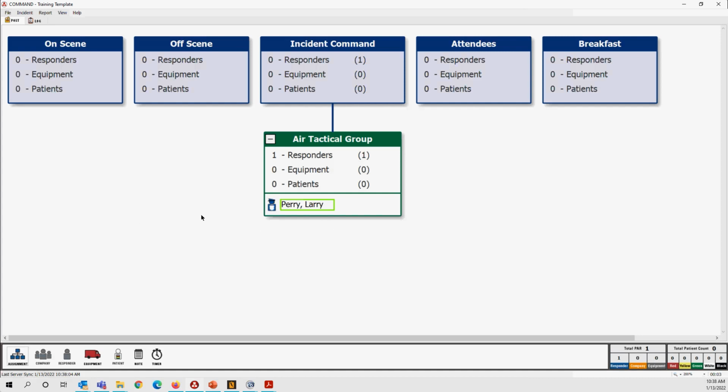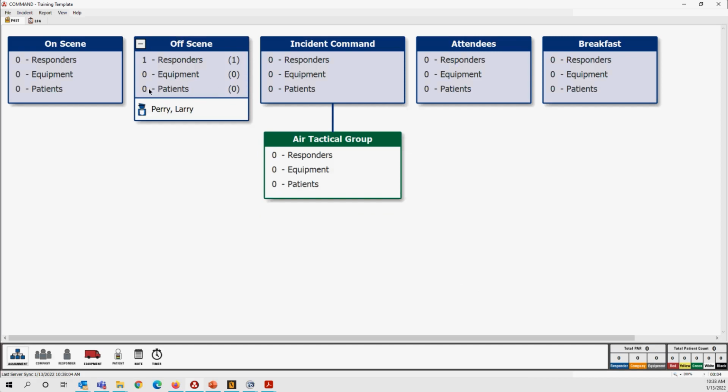So this is where you're going to have to be a little more careful with how you create your templates if you want to use resources, because your templates can include just chart structure and the assignments, or they can also include resources. So if you're going to use resources, I recommend that they go in the off-stand assignment. You can create your roster of all the people that you have that are planned to work that event. Throw them in the off-stand assignment. Okay, you can even create your collections, your teams in here, throw them all in there,